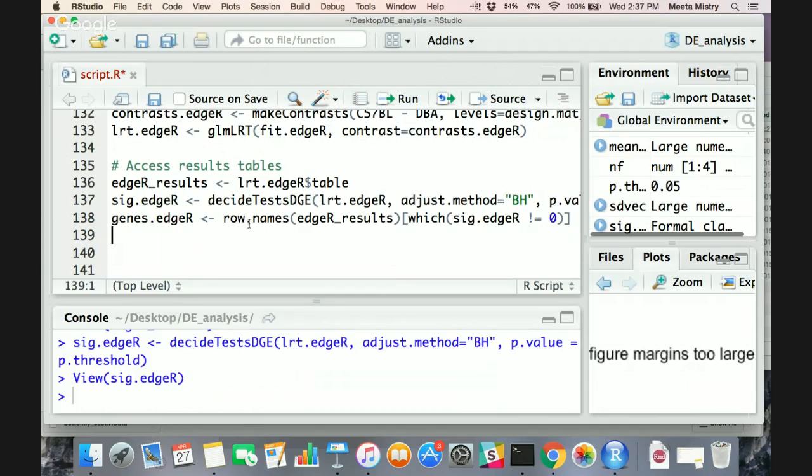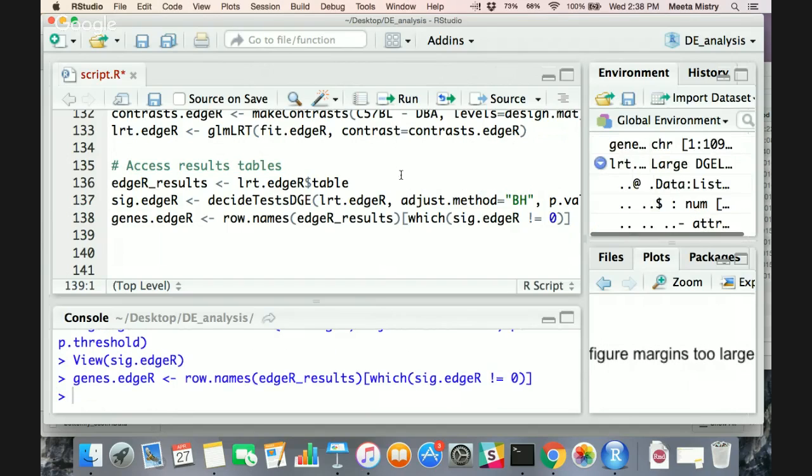But we know it follows the same order as this matrix up here. So what this line of code is saying is, give me the row names from this edgeR results table at which the values in this vector here are not equal to 0. As long as it's not equal to 0, it's either 1 or -1, which means it's either up or down regulated. Okay? So if you press Control Return,